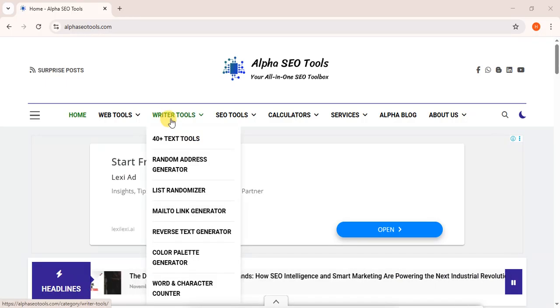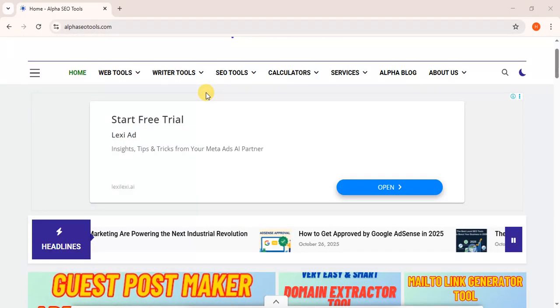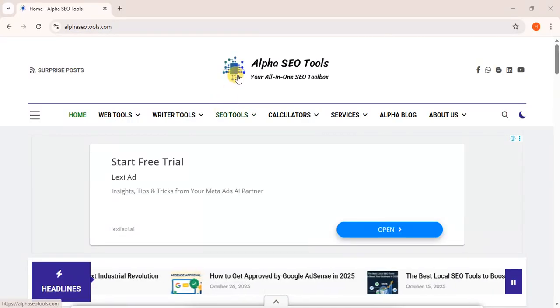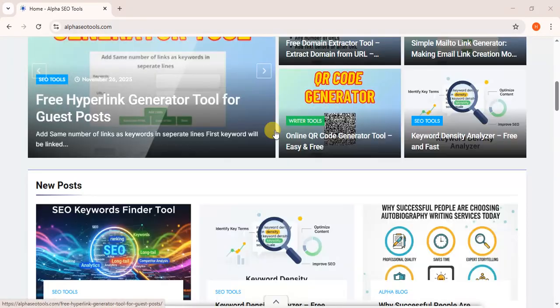Today I'm going to talk about new tools from my site, which are 40 plus text tools. I will briefly introduce you to them, but first, I'm sure you have checked my site a little bit, and